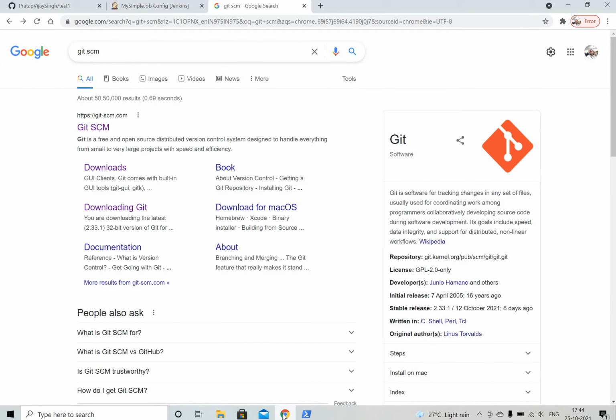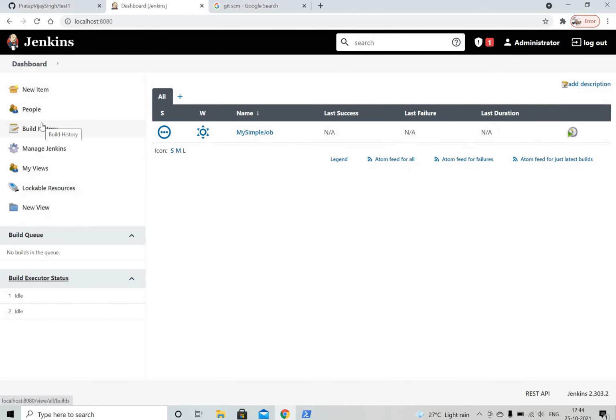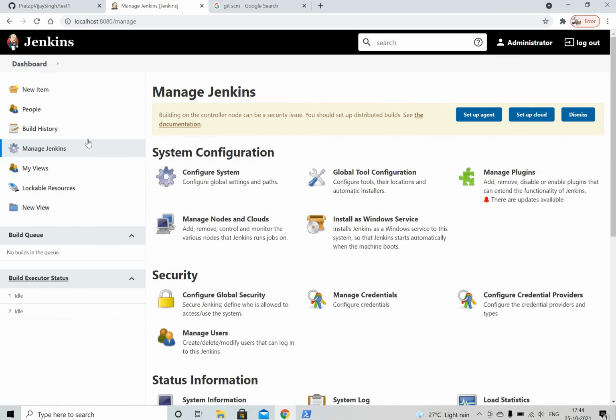So what we have to do in Jenkins for Git to work: Git is a tool, right? So this tool path we need to configure somewhere. So I'm coming out of this job. I have to manage Jenkins and configure the tool. Here you see this option, global tool configuration.